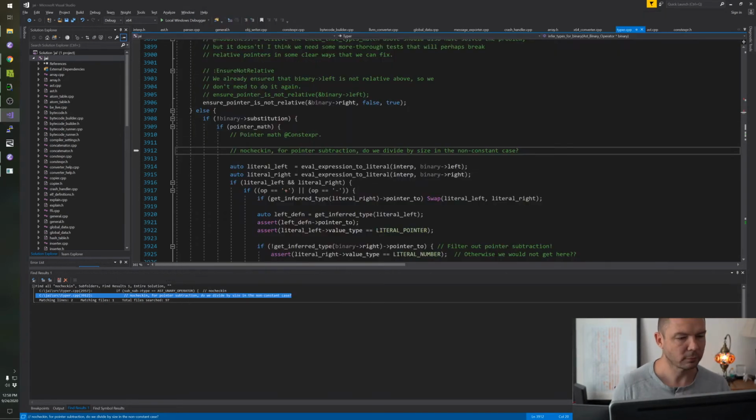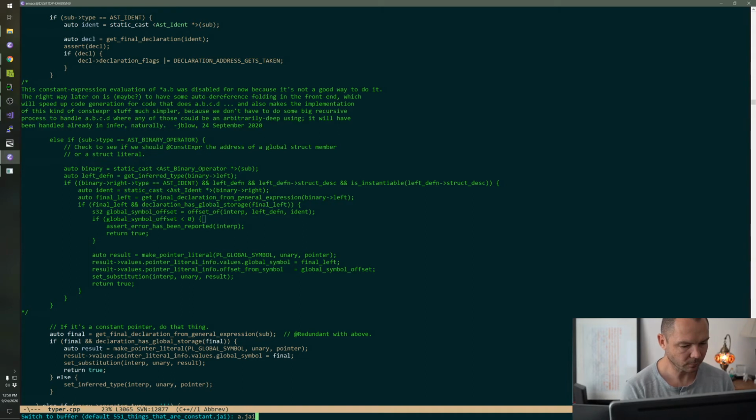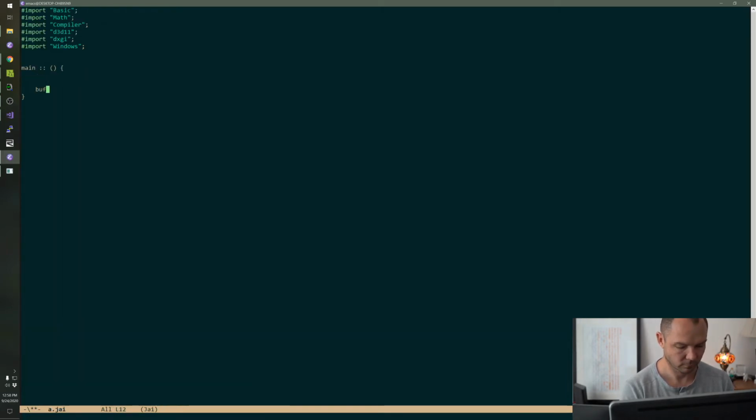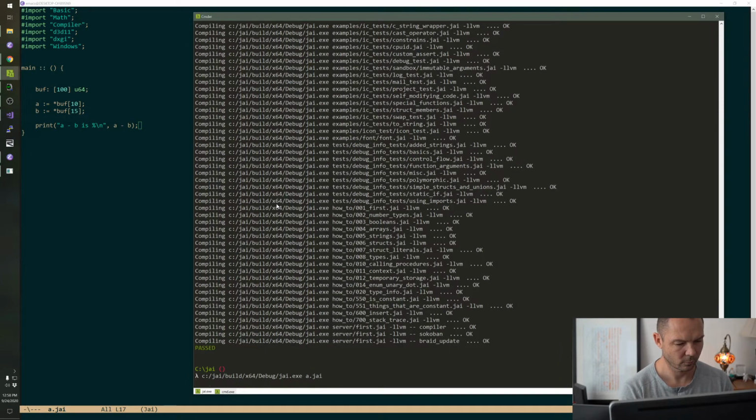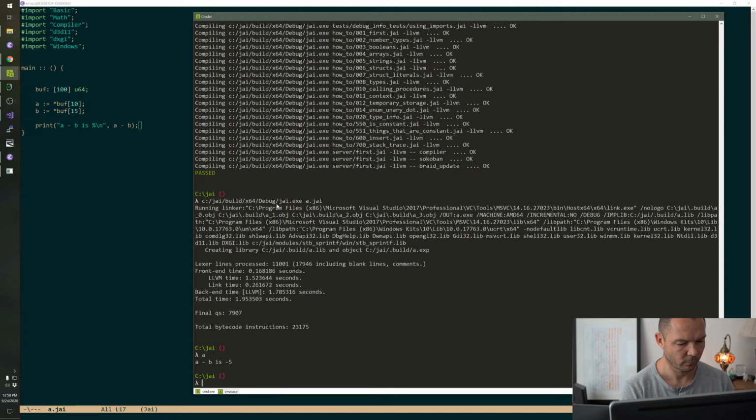All right, so that passed. Let's do this one. Right, so okay, that is the right answer. So we are dividing by, this is a pointer subtraction, right?